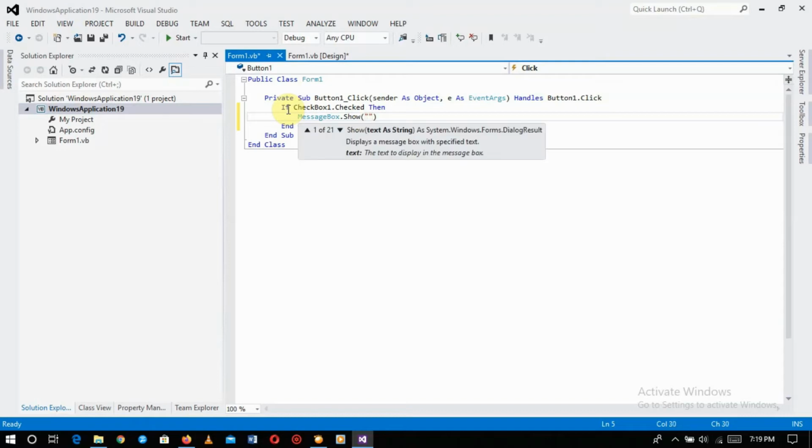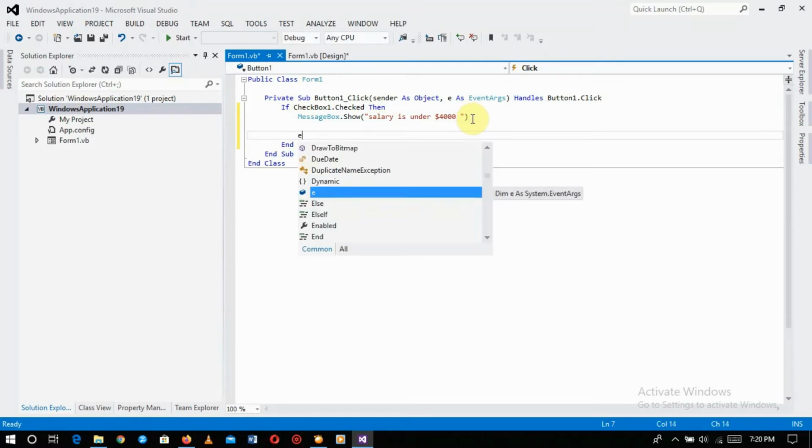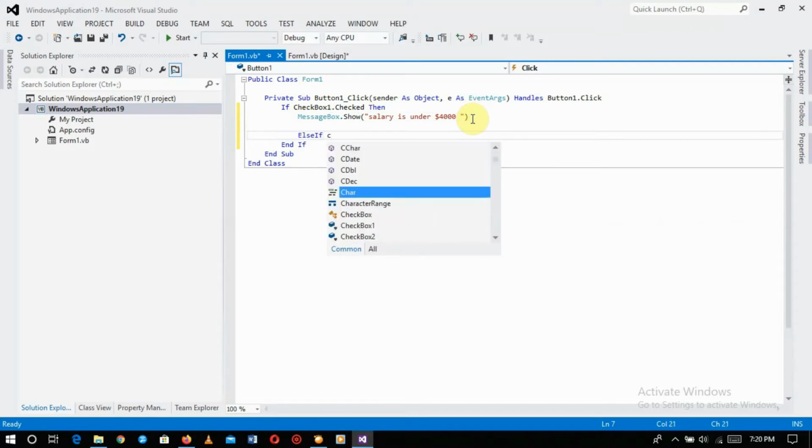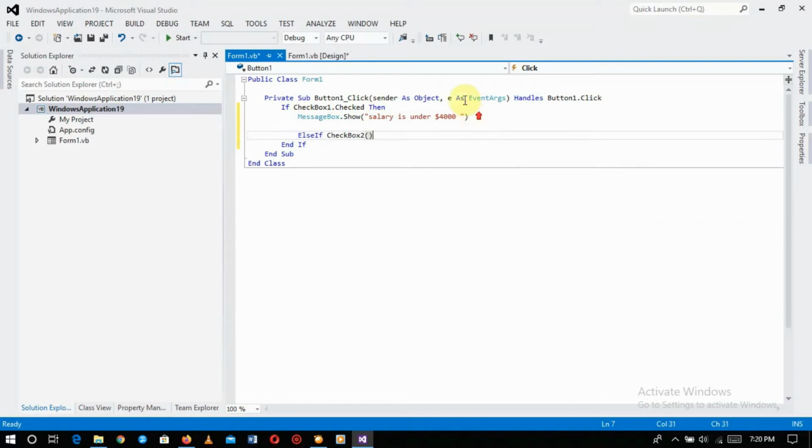Yes, have some double inverted commas there, and then "Salary is under $4,000 US." Then ElseIf CheckBox2.Checked, then